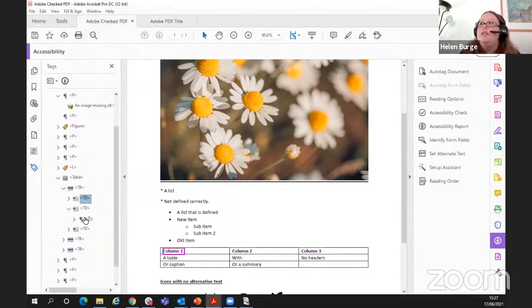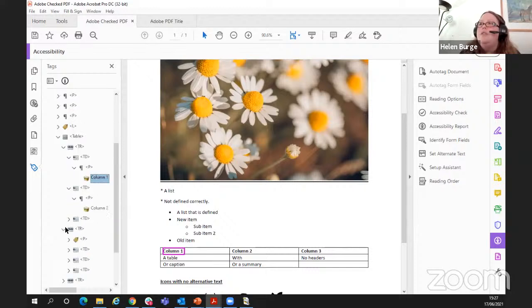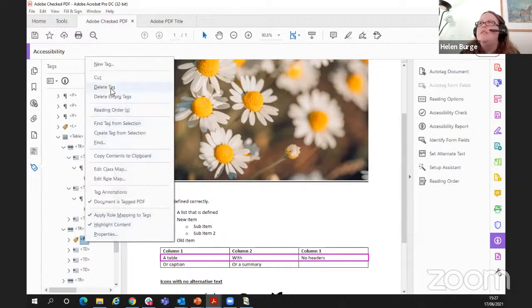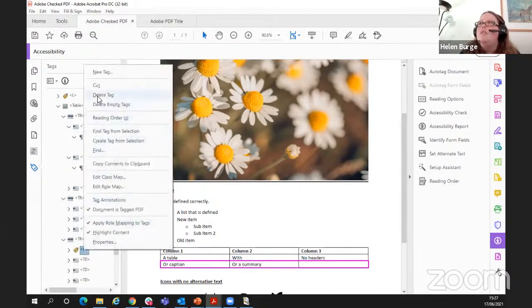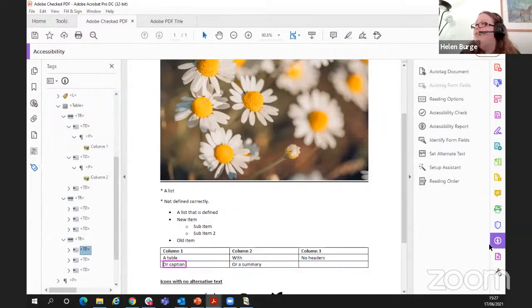I'm just doing this quickly because we want to have those. The first one is basically the whole row in a P tag. So if I delete that again, and then the row delete tag, if I run the accessibility checker again,